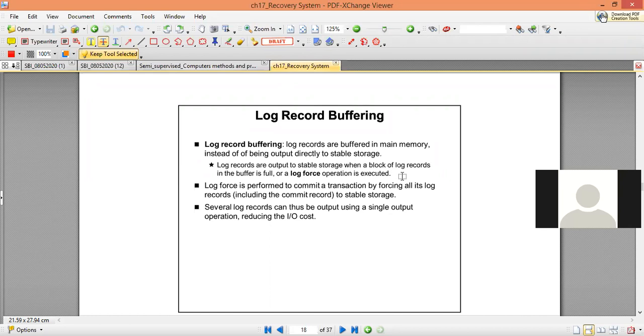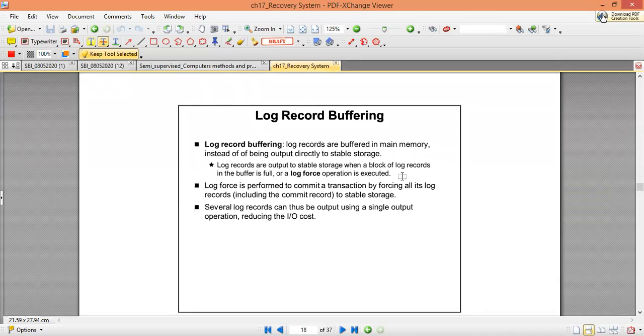The transaction goes on recording its execution in the log, and that log is buffered in the main memory, not directly in the stable storage. Whenever that buffer is full or is going to be full, the log record will be forced to be written into the stable storage. That operation is called the log force operation.